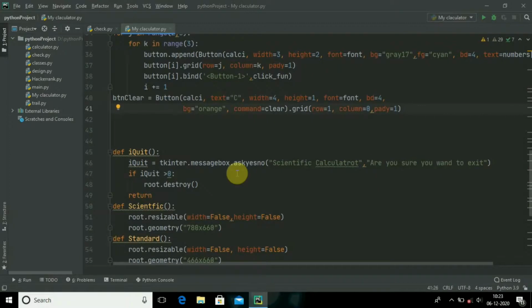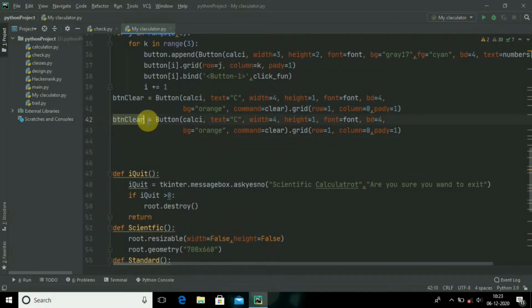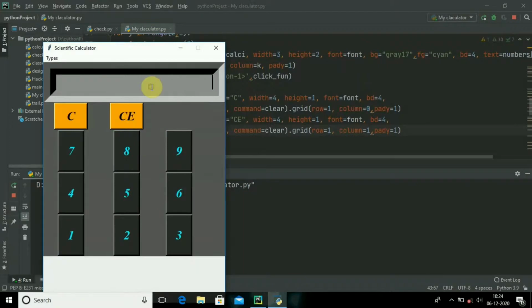For creating the button, I will be using the all clear. So for that, copy from here, I'll place here button clear. Instead of this one, I will write all clear everything, and here it should be E, and the row should be 1, the column should be 1 again. That's it. When we run, here you go.